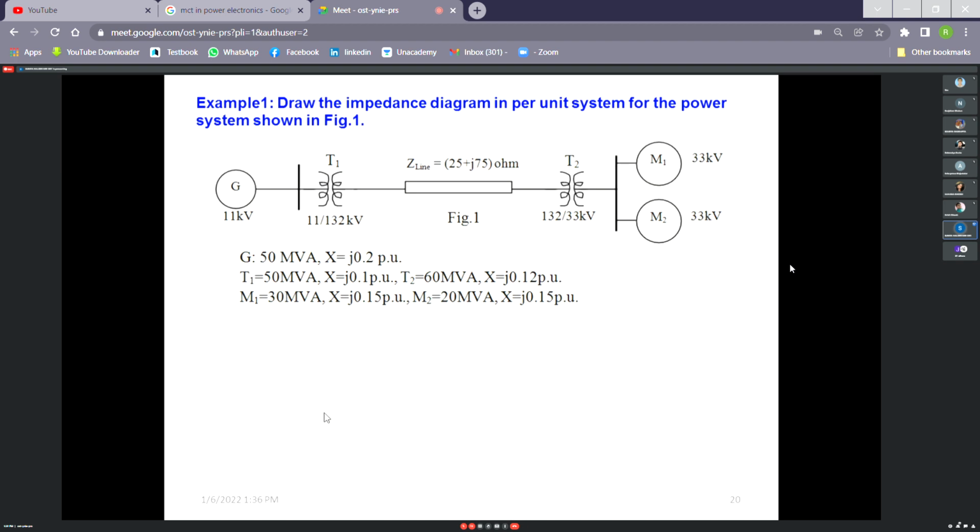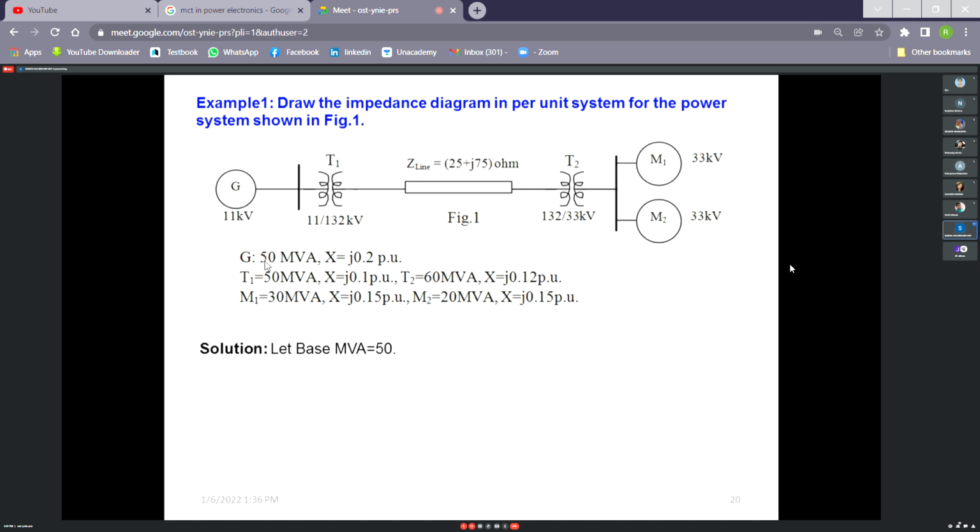So based on how much time you have and how complicated the calculation is, you decide. Or you may assume that every time you will calculate by 100. It will be easier for you. When you practice the problems, then you will understand that. Because if you calculate with 100, every time you will calculate with that. Here I have taken base MVA as 50. But that does not mean 50 MVA is the fixed base. Always we try to calculate less, so you will also try to calculate less. That's why I have taken base MVA as 50. But if you take 60, it is good. If you take 100, it is also good.